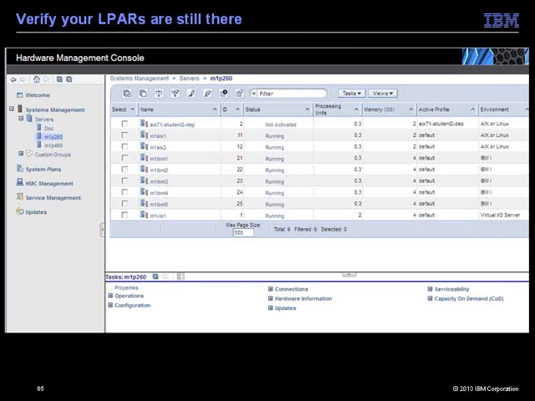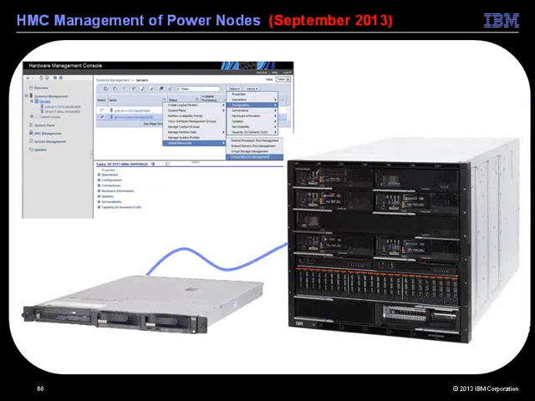So with that, we're more or less done. We've taken an FSM managed P260 and P460 and turned it into an HMC managed P260 and P460. I've taken the FSM out of the equation, and you can see my blank box down here at the bottom left. Physically, I've removed the FSM so somebody is not tempted to power it back on and have it automatically discover things.